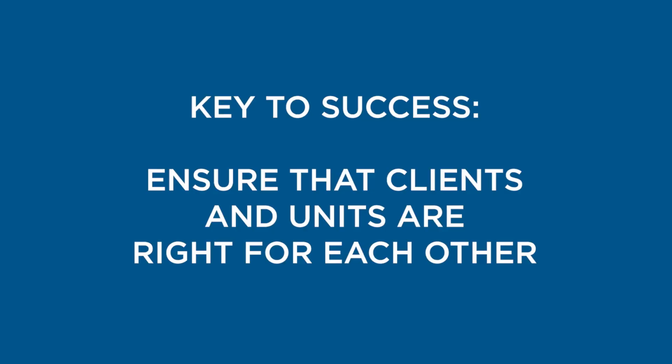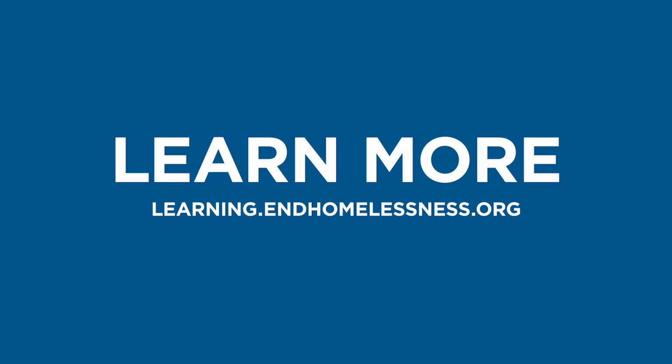One of the things you have to watch out for and make sure happens is that there still has to be a really strong connection of what clients will fit with the units. Just because this unit's available doesn't mean that it's going to be the right unit for someone. And so you have to really have strong communication with landlords and with clients to make sure that they're connected. Whatever model you use, communication is key. And meeting regularly is key to work out all the little blips that may come along.